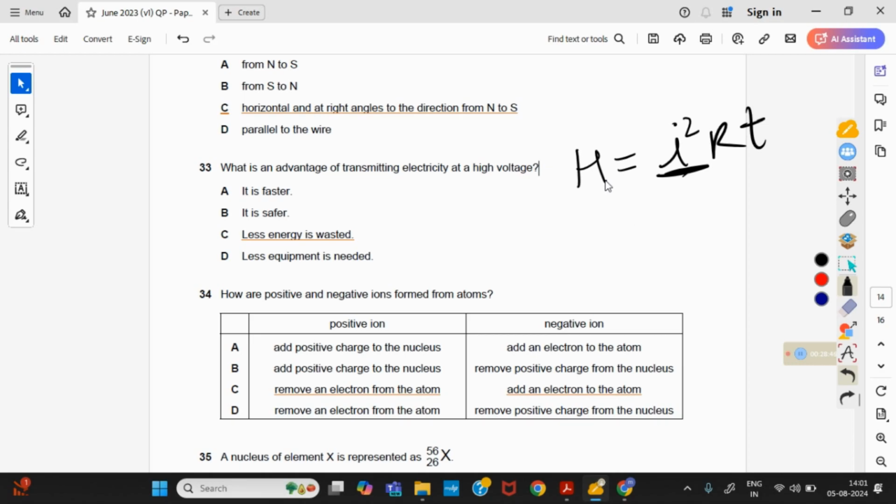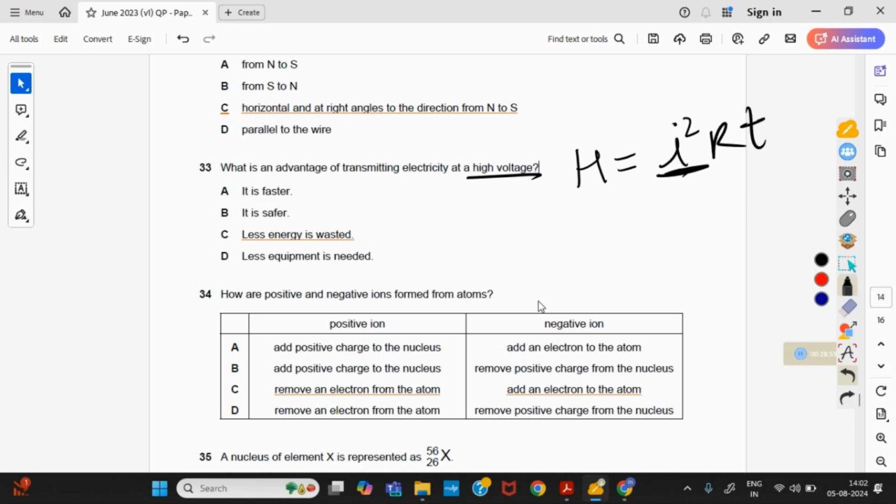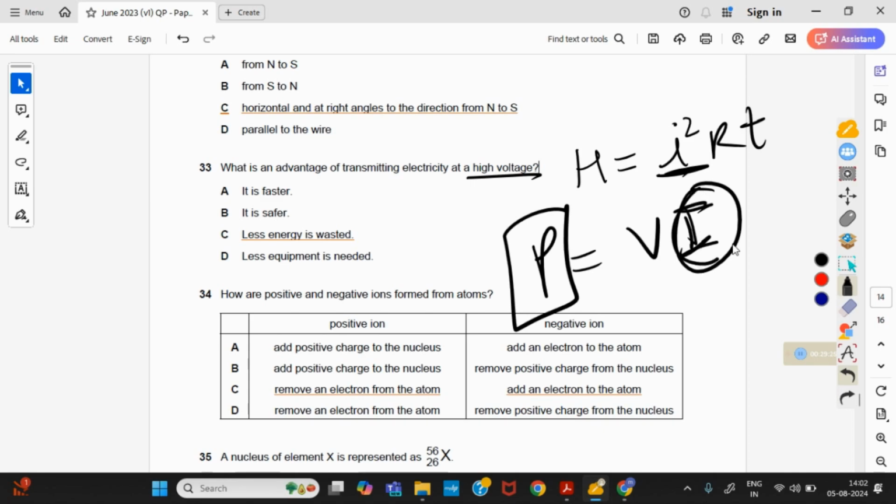It will increase the temperature of the wire, and due to thermal radiation, the energy which is being transmitted from one place to another will be a waste. So power is always transmitted at low current and high voltage because P is equal to VI. When we transmit power, we want the power of the transmitted energy not to change. I should be small and P should not change, so what we do is increase V. So high voltage is required if we want to reduce the energy loss.